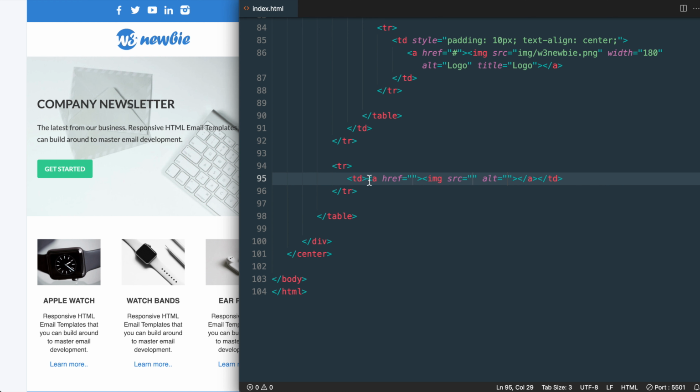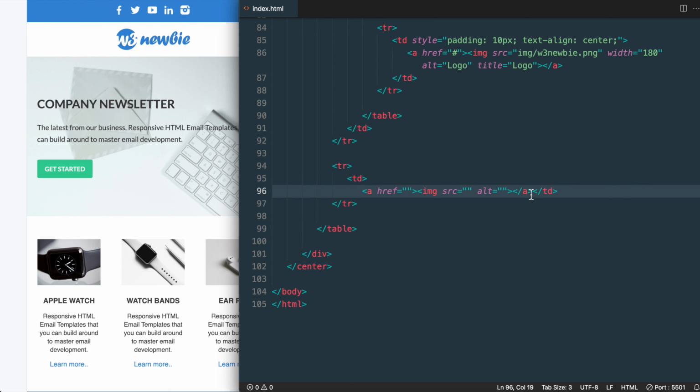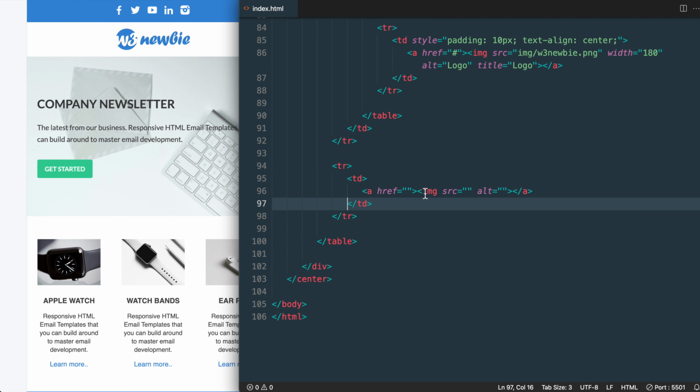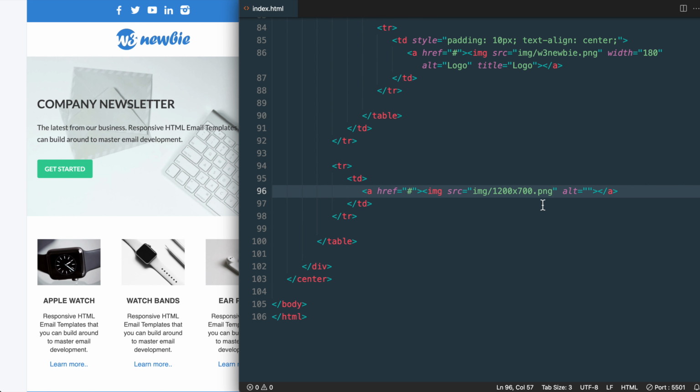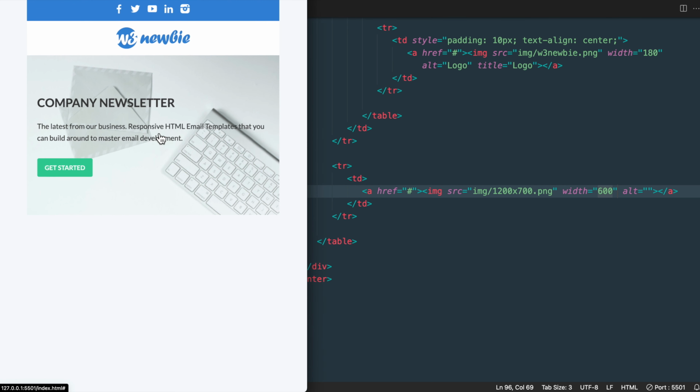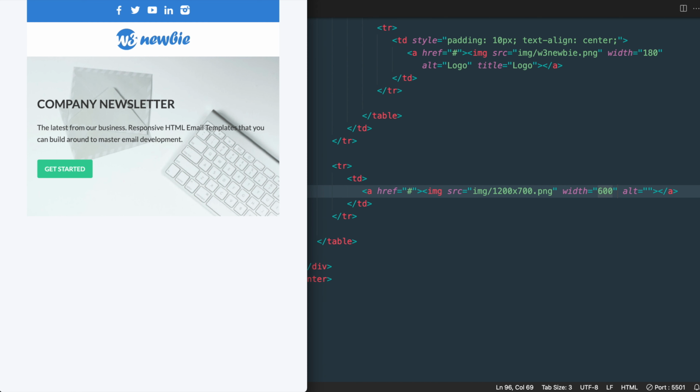And then I'll just drop the link and the image down to a new line here and make the link blank. And then the image here is going to be img/1200 times 700. So 1200 because it's 600 times 2. And then I'm going to give it a width of 600 pixels to take up the full width of the template. So now if we take a look in Chrome, we have the banner image displaying good at full width,